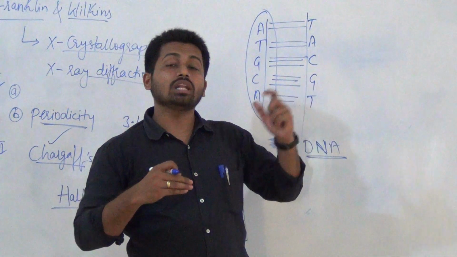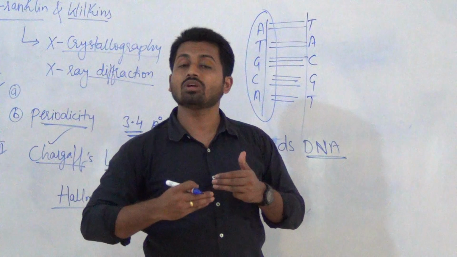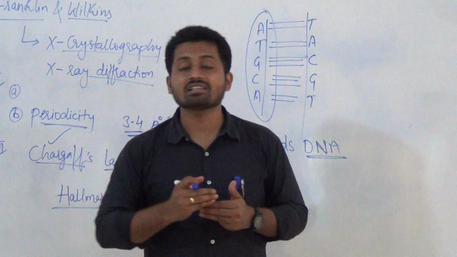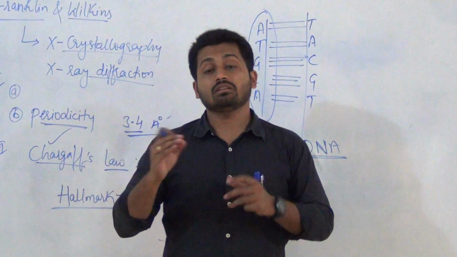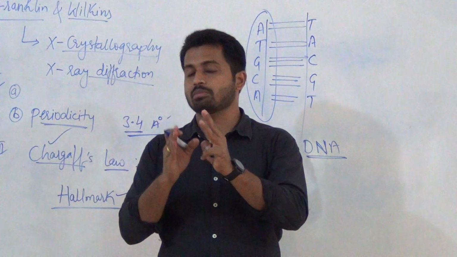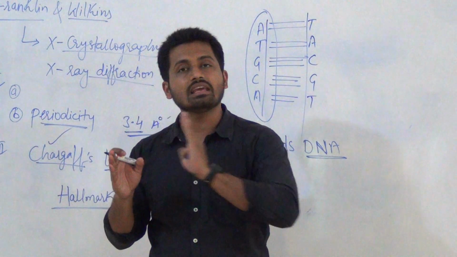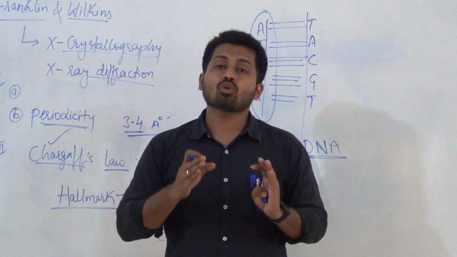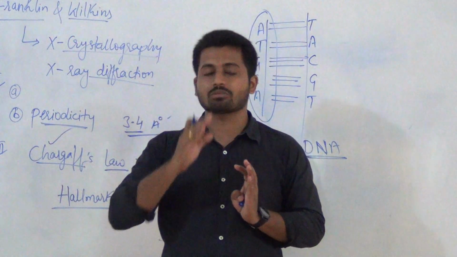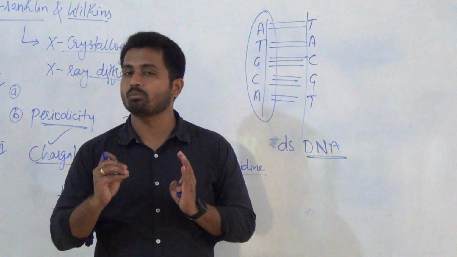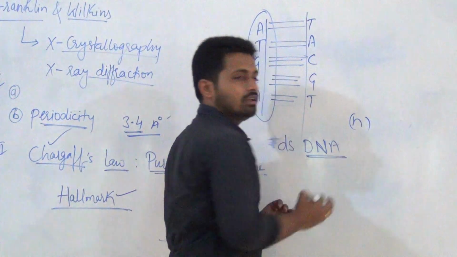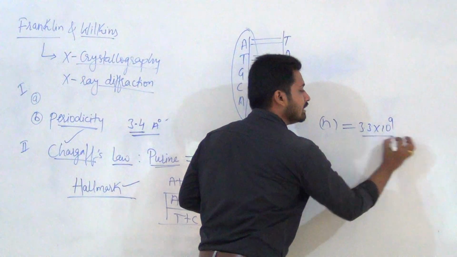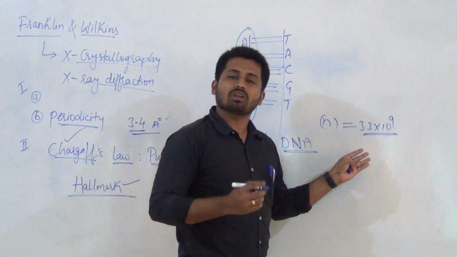And coming to the length of DNA, you know the number of base pairs of DNA: 5174 for the lambda phage virus. It is not base pairs, it is only bases, because it has single stranded DNA. Next, coming to E. coli, I told you the number of base pairs is 4.6 into 10 to the power 6. Coming to the human genome, genome means haploid. How many base pairs are there? 3.3 into 10 to the power 9. This much base pairs we have.